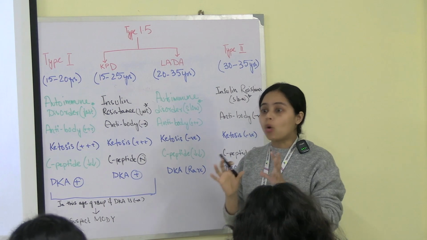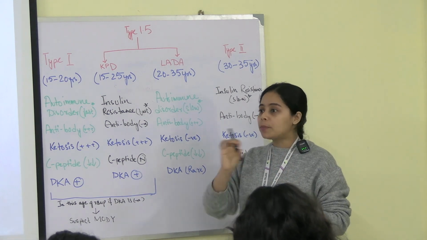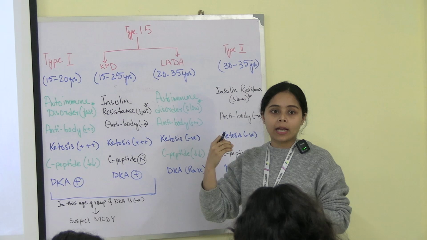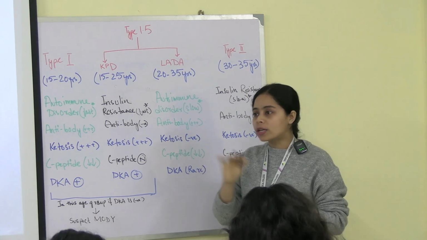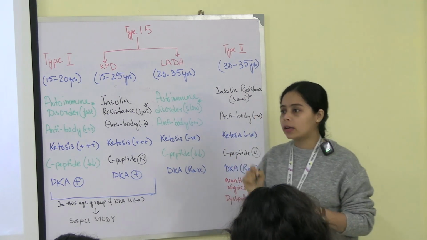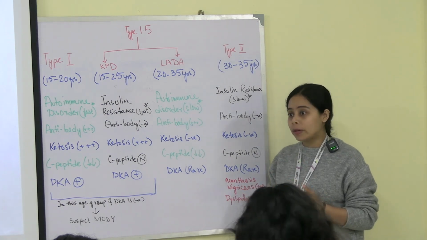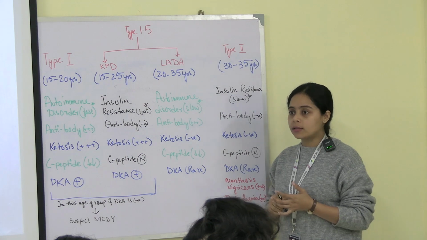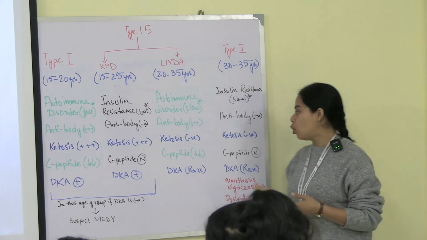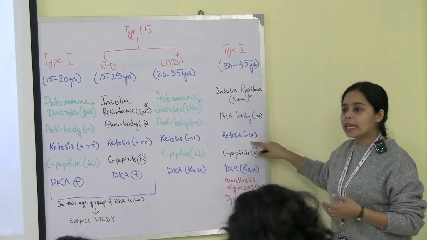You will see in some obese patients, they have some dark patches over their neck or their underarms. Those are not dirt. That is acanthosis nigricans. Okay, the presentation of a type 2 DM patient is like that, with dyslipidemia, acanthosis nigricans, fatigue, all these things. So ketosis is negative in this case.